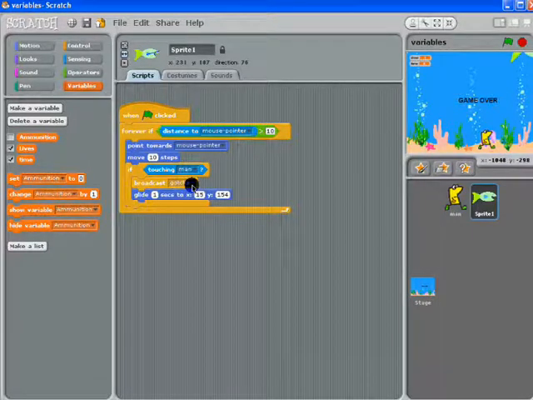and that reduces his life. And while we're here, let's just look at how you make something follow the mouse pointer. So distance to mouse pointer is less than 10 pixels. So once the mouse pointer gets close to the sprite, then the sprite points to the mouse pointer and moves. Okay, so that's how to work with timers and other